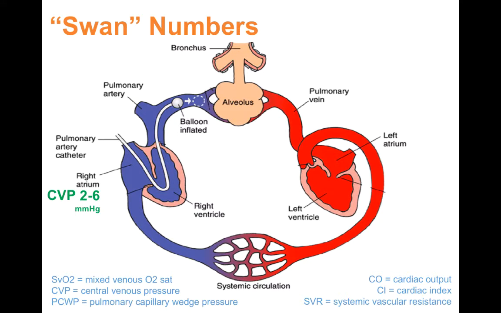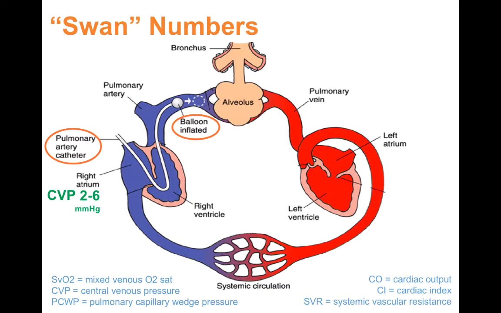Swan numbers are things that you can get from a pulmonary artery catheter. We call them swans because the catheters are also called Swan-Ganz catheters. Again, you're not going to have these numbers in everybody, but this is the information that you can pull. The pulmonary artery catheter goes through the right atrium, through the right ventricle,